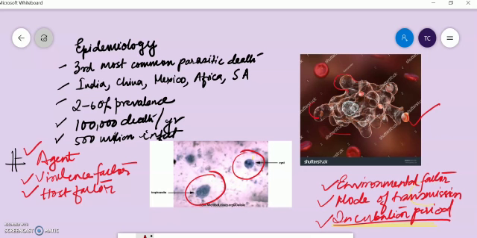Just understand that the cyst is the inactive form of that particular pathogen, and the trophozoite is the active form of the pathogen. You know that when a person is suffering from fulminating diarrhea, you will have a huge number of trophozoites in the stool, and the presence of trophozoites basically confirms amebiasis. Otherwise,